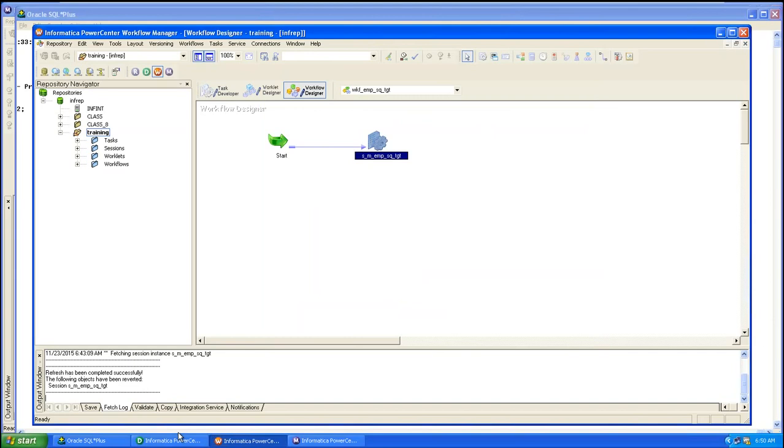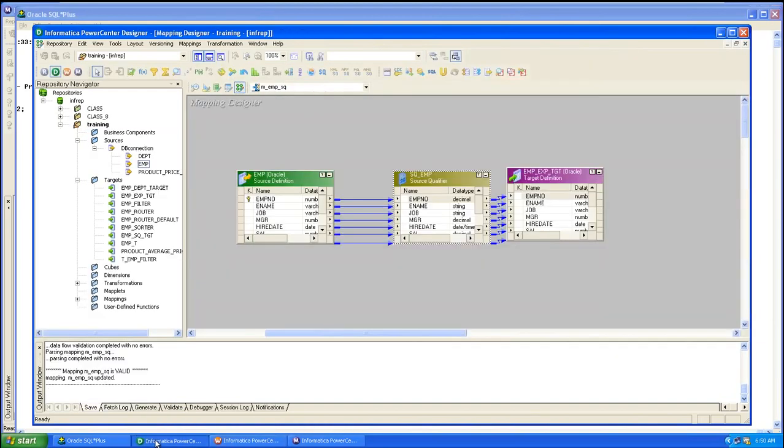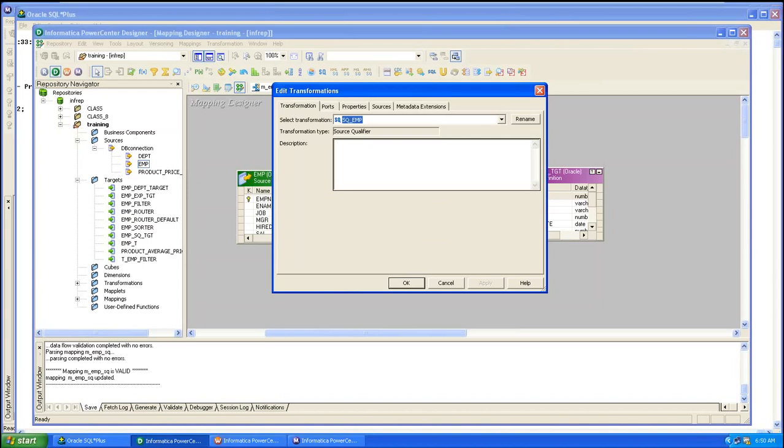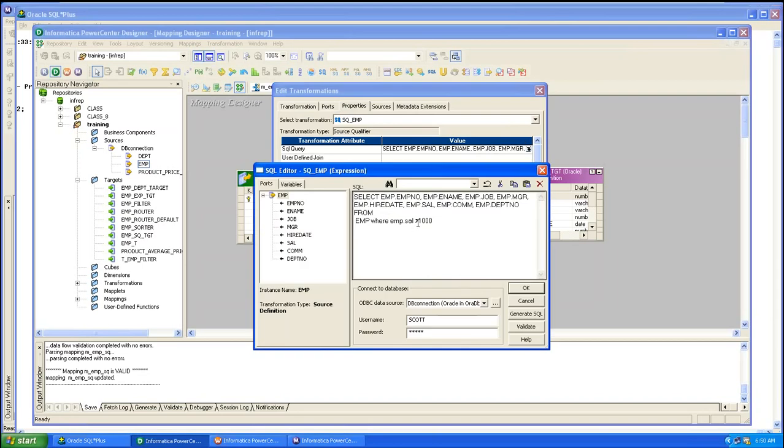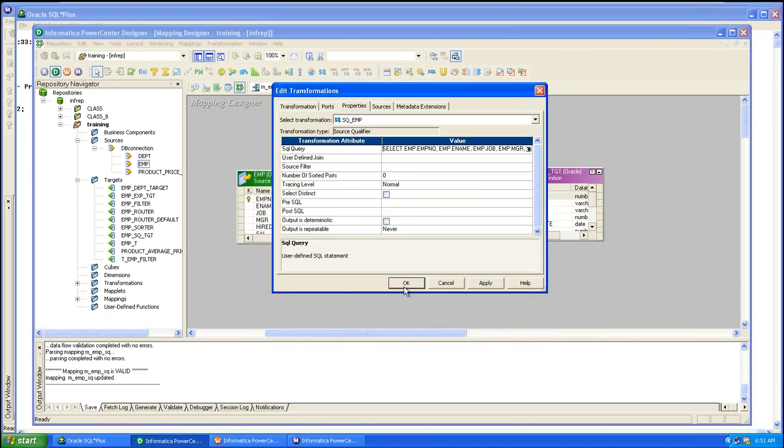Okay, go there and modify it, modify the query. Salary greater than 3,000. Click OK. Now save the mapping, save the session,